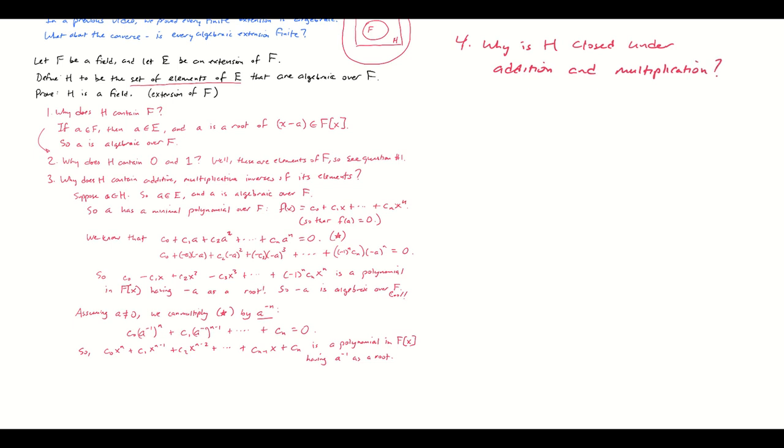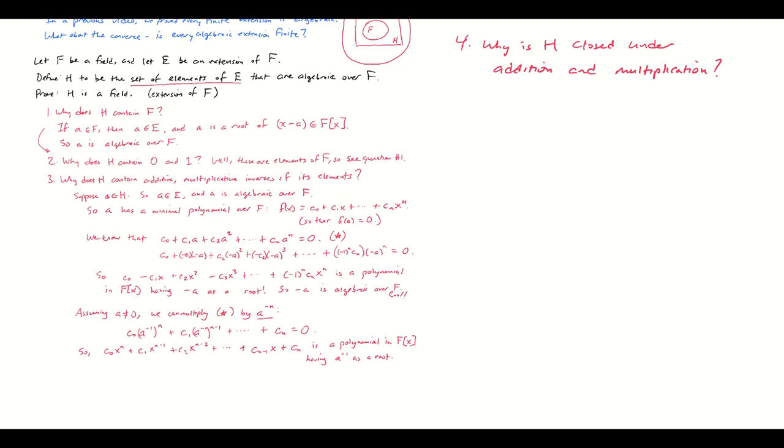Okay, for this, I'm going to use something a little bit different. I'm going to take a much higher tech approach here, meaning that I'm going to use theorems that we've already proven pretty recently. Like number 3 was like banging this, or part of this theorem, with a rock, meaning that I used just what I know about polynomials and tinkered using algebra. Like I tinkered here, and I did some tinkering here, and I managed to manually get polynomials having negative a and a inverse as roots. All right, cool. But sometimes you want to do more than tinker. Sometimes you want to use the full power of the subject you're developing,